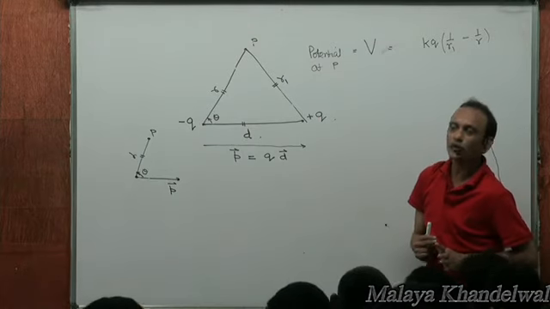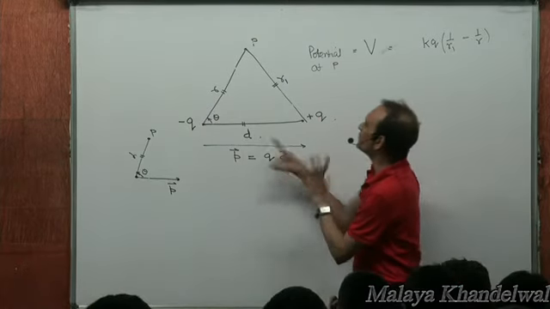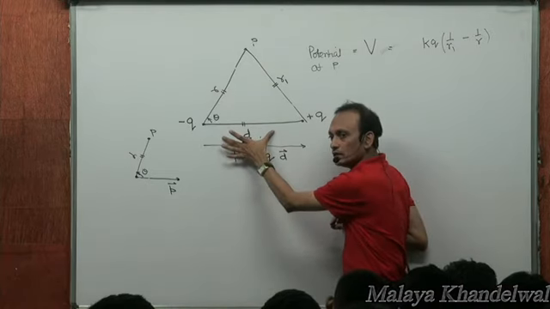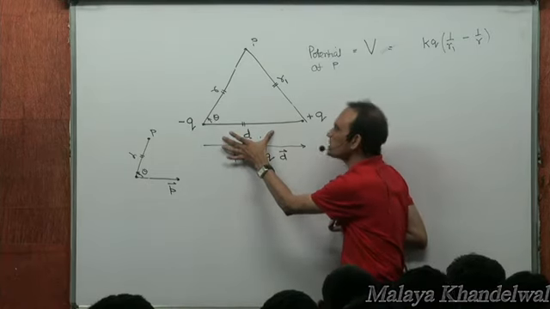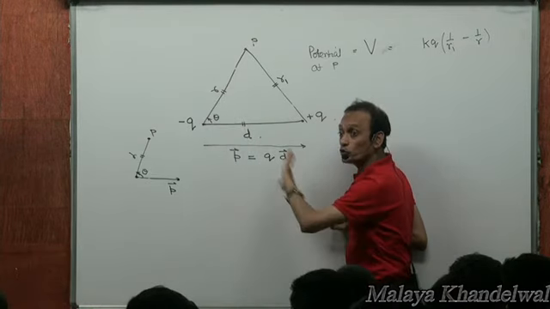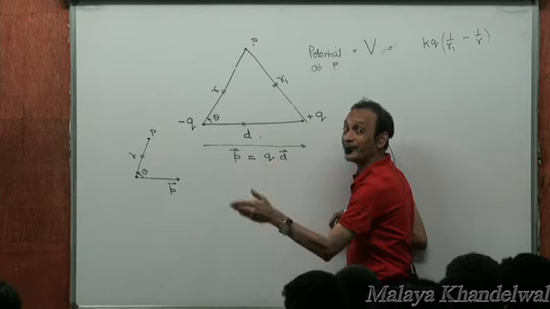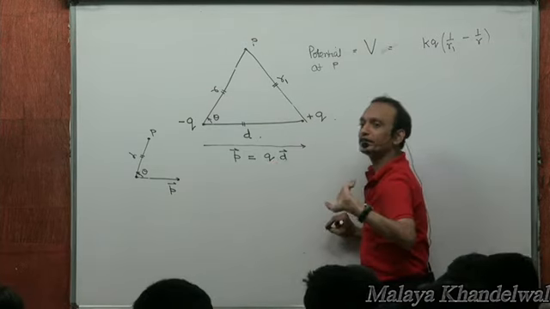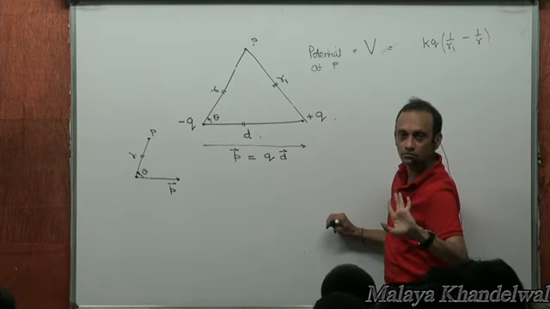Now, I want to eliminate r1 because I want to write everything in terms of r and theta and d. d is a property which is the separation between the two charges. r and theta I define for the point P. I want to eliminate r1. I want to be able to write r1 exclusively in terms of r and theta. This is what I want to do.